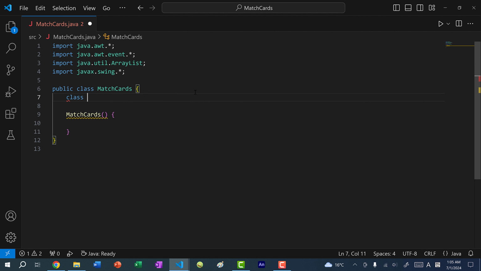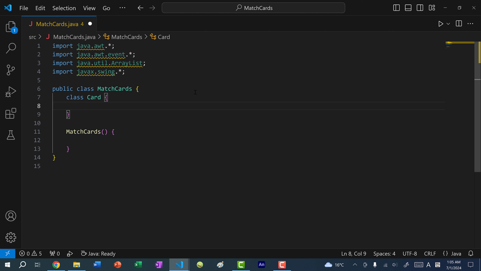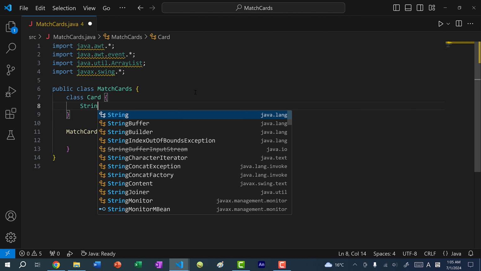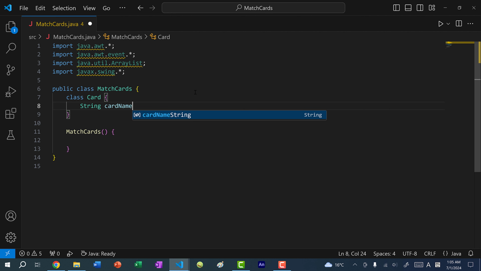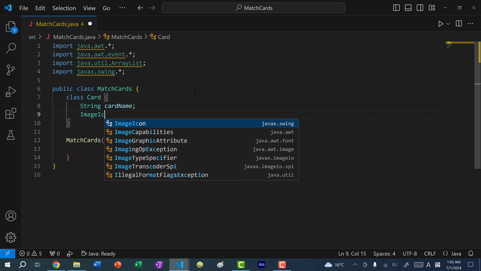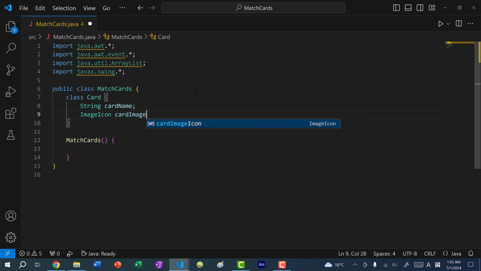So class card, and this is going to be a simple class. So it's going to have two things. One is the card name, and the other is going to be the image, specifically an image icon. So when we press on a card in our game, what we're actually pressing is a button. So we're going to set an image icon for each button. So here I'm just going to do image icon, card image icon, and that's all we need for our data